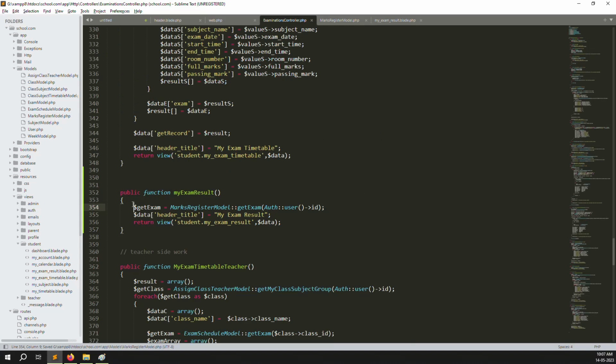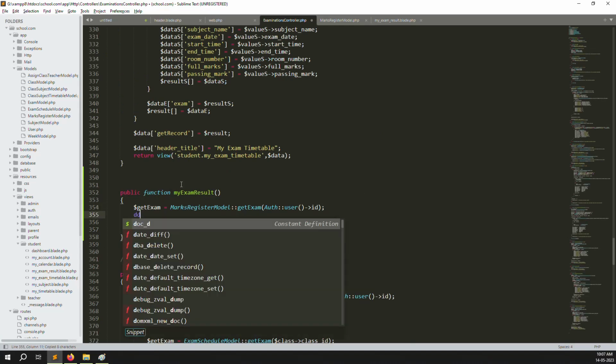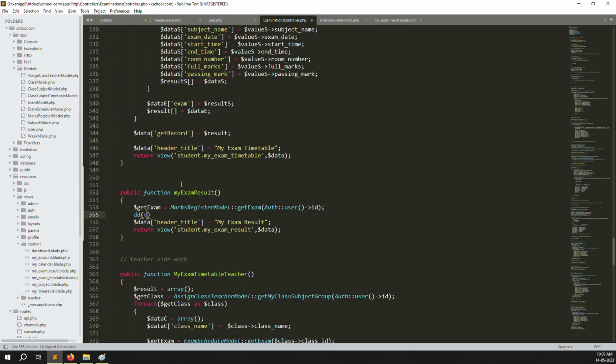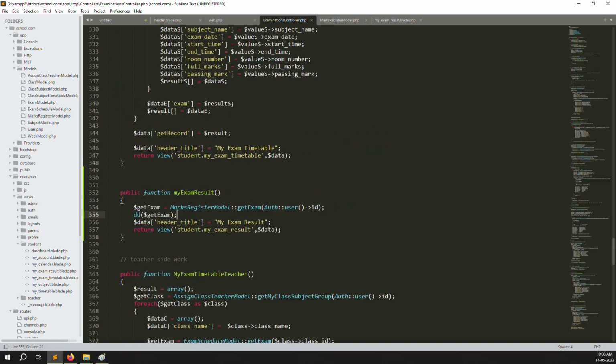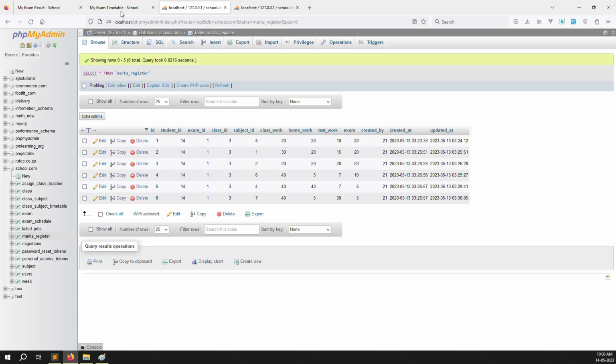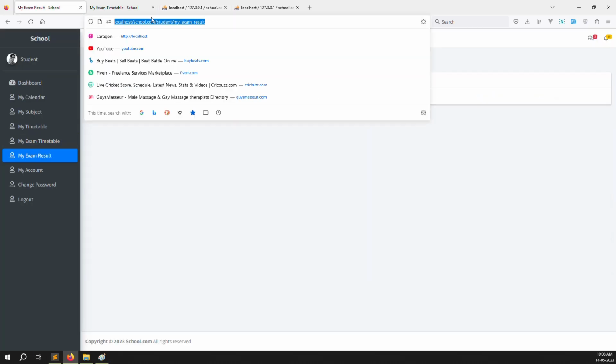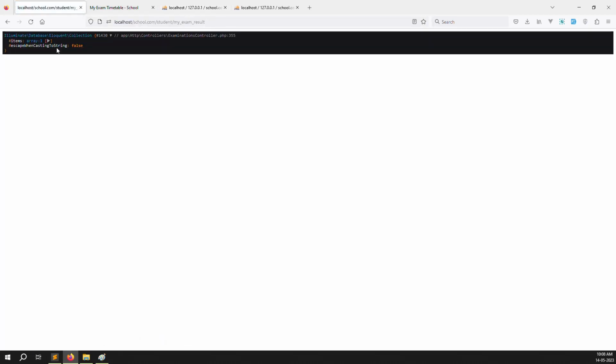Just go back again and let's make a dd here, so we can check the data, get cannot get. Okay, let me show you the function again, because I am moving very quickly and sometimes users are still typing, so you can see it here. Okay, so go back again, refresh the page and we can check the data. I just refresh the page now, and you can see